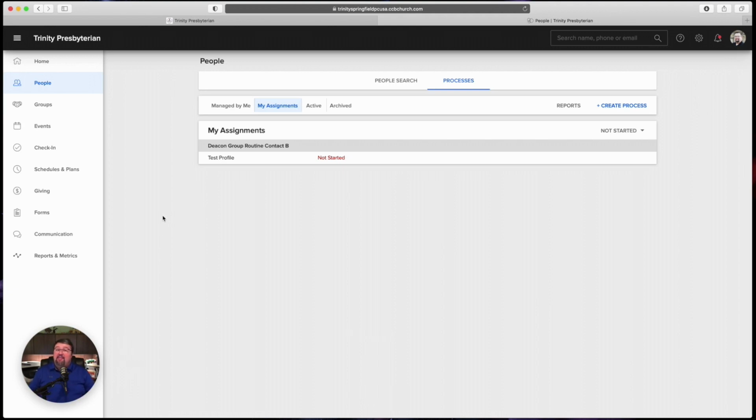So there's the basics of using CCB to track your Deacon Group Routine Contacts. You can log in right now and see your list and start making phone calls and logging them in CCB. This is a really helpful way to make sure that no one's slipping between the cracks as we care for them. If you have any questions or would like more information, obviously you can rewatch the video, but I'd also